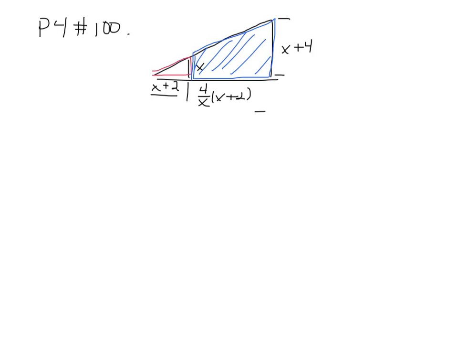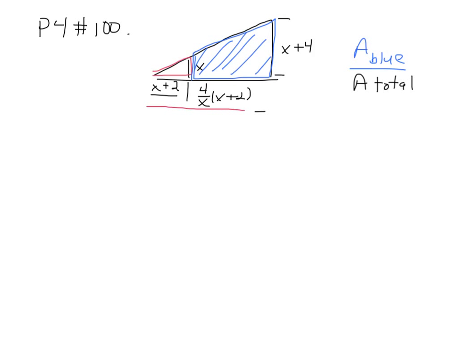Okay. Now, how do we do this? Well, we figure out what the total area of the shaded region is versus the total area of the figure itself, and then we set up a ratio. So it's going to be area of the blue over area of the total. All right. So area of the total is